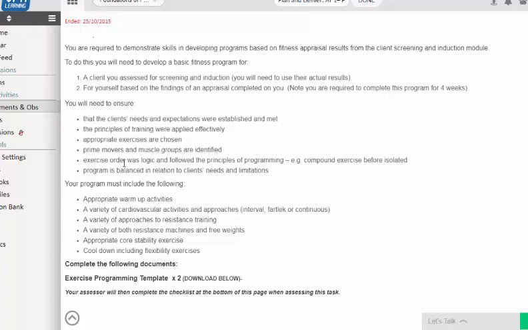You need to make sure the exercise is ordered logically. Compound exercises, obviously, before isolation exercises, which you would have learnt in class, an important one. So you wouldn't put tricep push downs before a bench press, for example. And that the program is balanced in relation to the client's needs and limitations. Again, if you have a chest exercise, have a back exercise on there. And also aligns with their goals. So if they want to improve their strength, you wouldn't have all cardiovascular exercises on there because, again, it's not